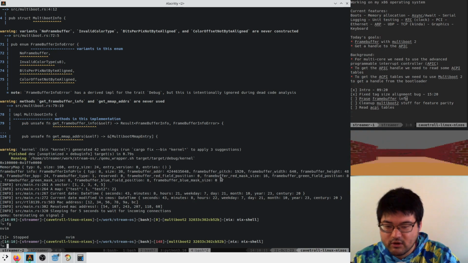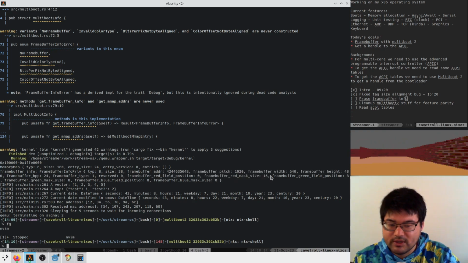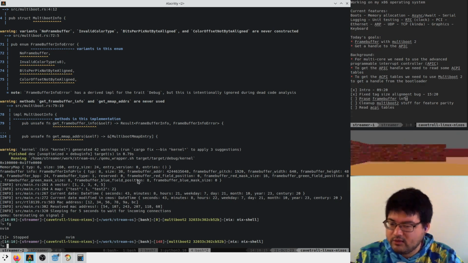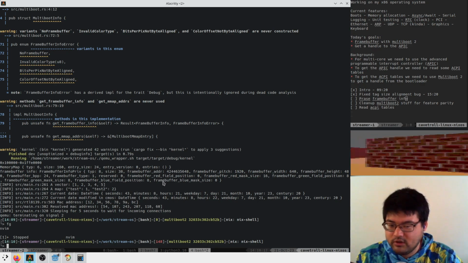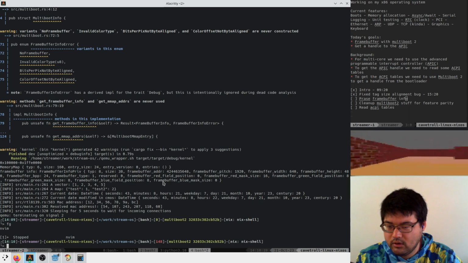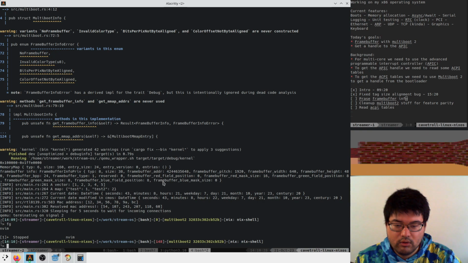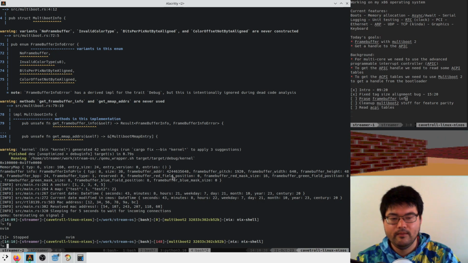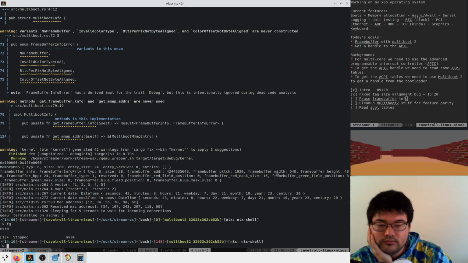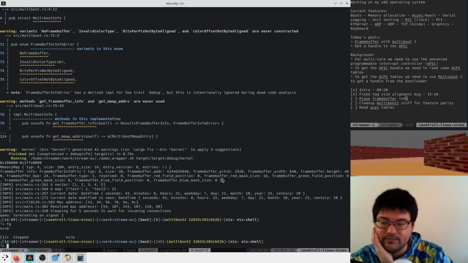So red is 0, but the red size is 16. That doesn't make sense because we have 8 bits per pixel. Hold on. No, this still doesn't make sense, right?